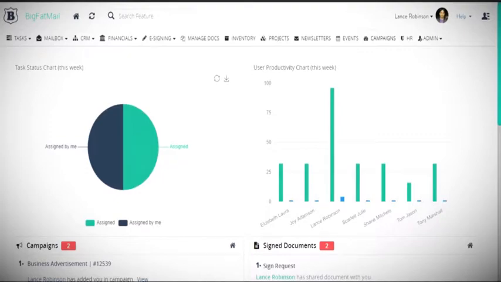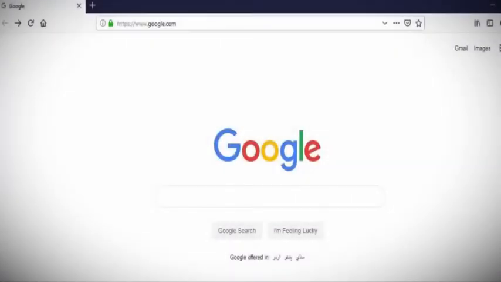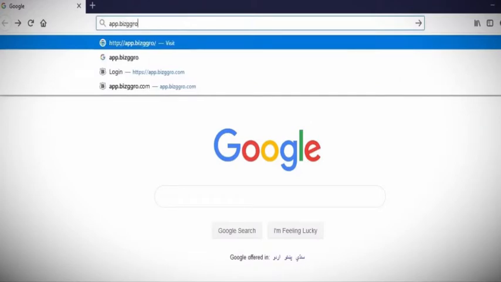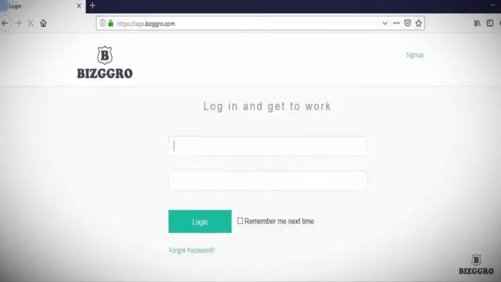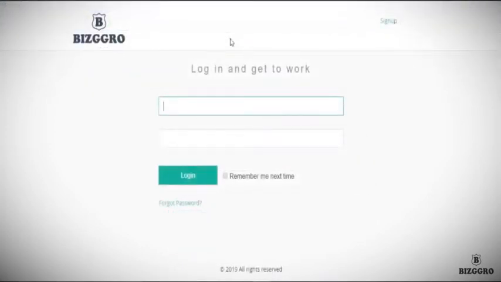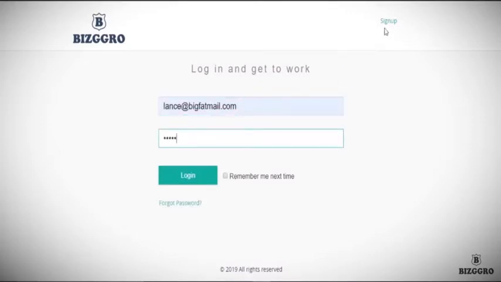We'll get started right away, so first of all, I want you to enter the web address app.bizggro.com into your browser. I believe you have already created an account and registered your company, so you should enter your email address and password and then log in. If this is your first time, simply click Register Your Company at the top right-hand corner of your screen and